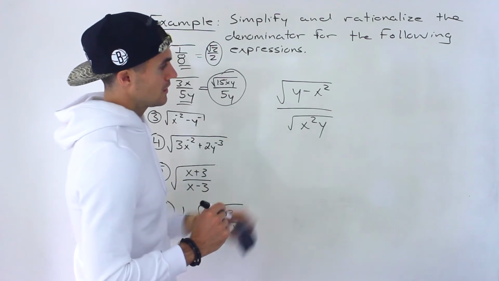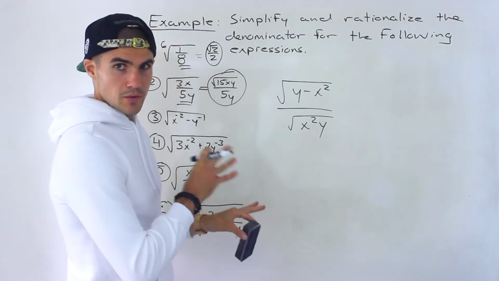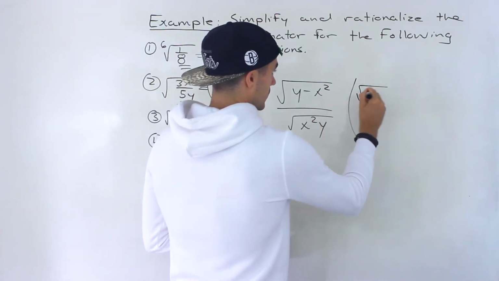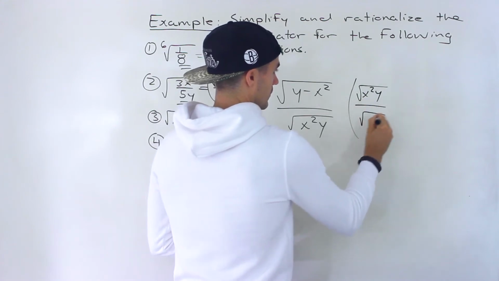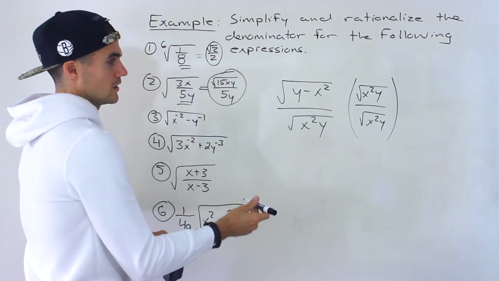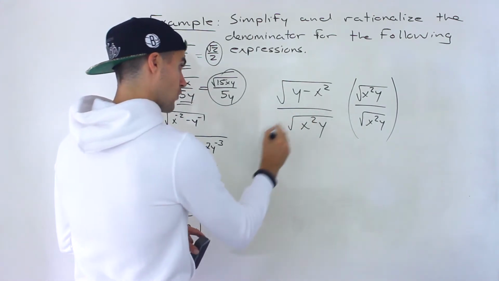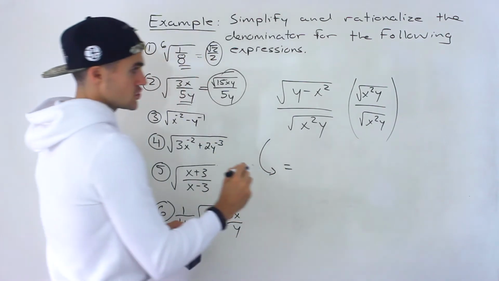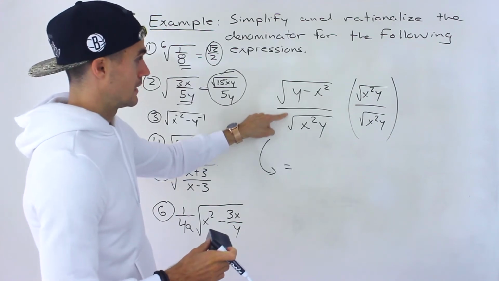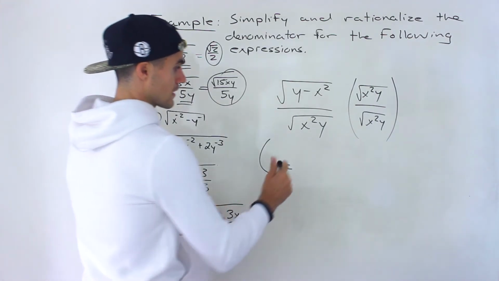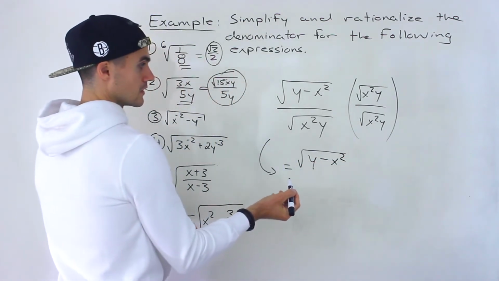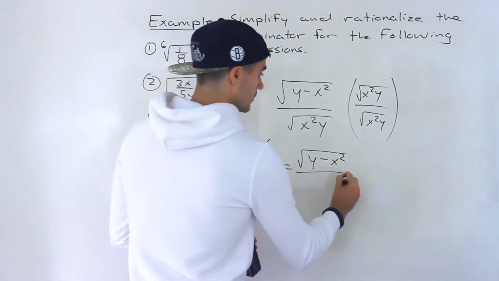Now, from this point here, there's actually multiple ways we can go about this. We can rationalize at this point if you want, like that, to get rid of this radical. But what I actually suggest before rationalizing is checking whether you can simplify these radicals here. Now this you can't simplify, this radical, this root y minus x squared, but this you can, because notice that